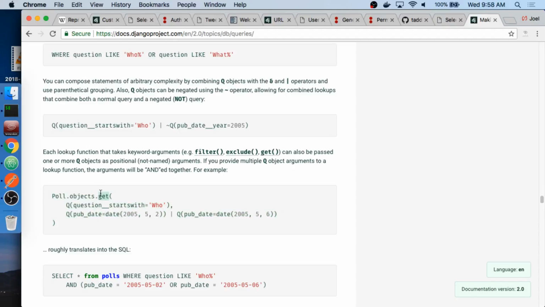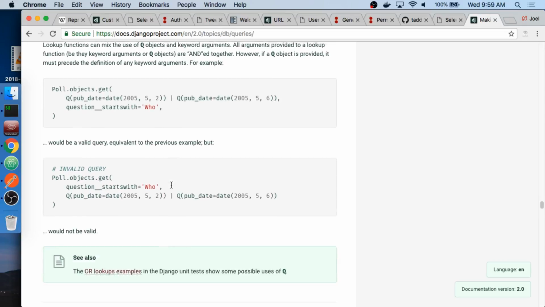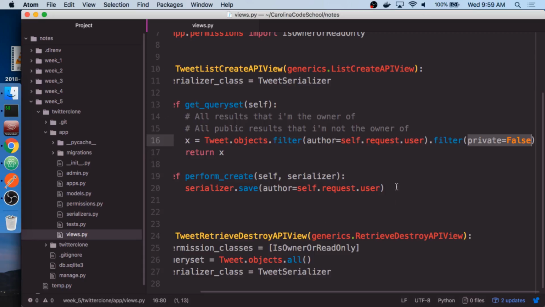What we're going to do is a filter, give it a Q object, and then a comma, and then another Q object, because the comma will be ANDed together. So I could say question like who, and then it's an OR of these two. Well, no, I want to do the opposite of that, don't I? I do want the opposite of that, which is this one here. Anyways, I'll show you how we get there.